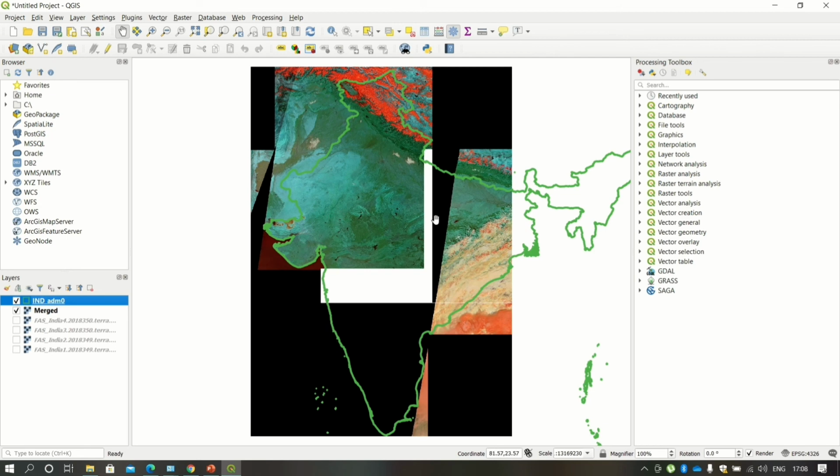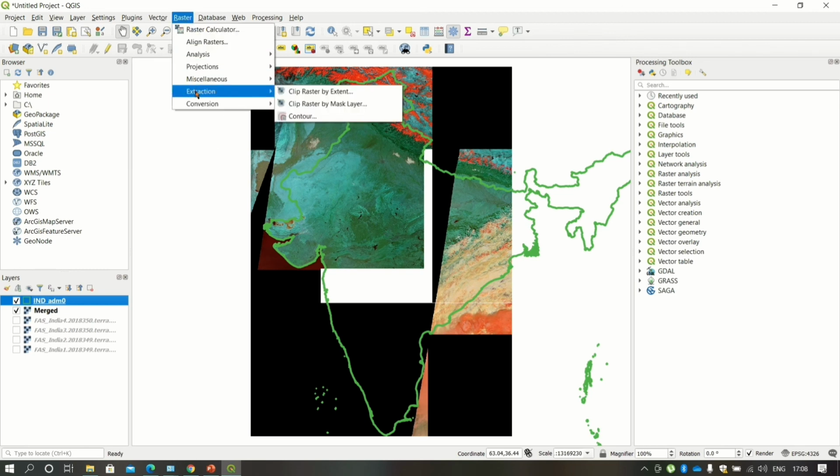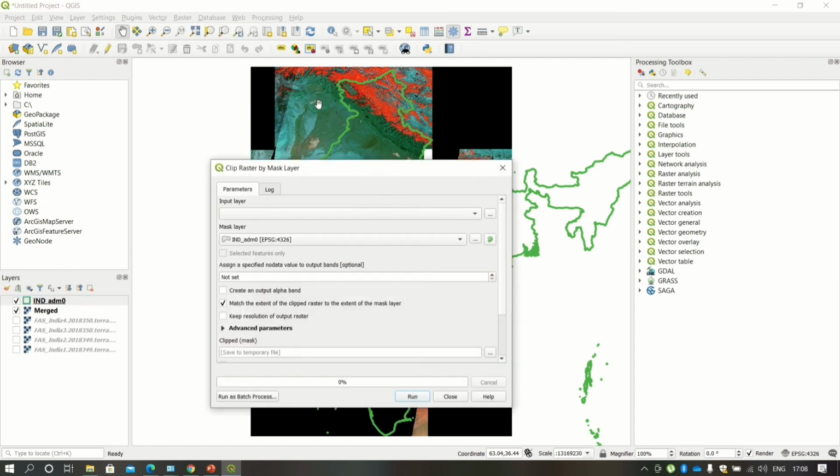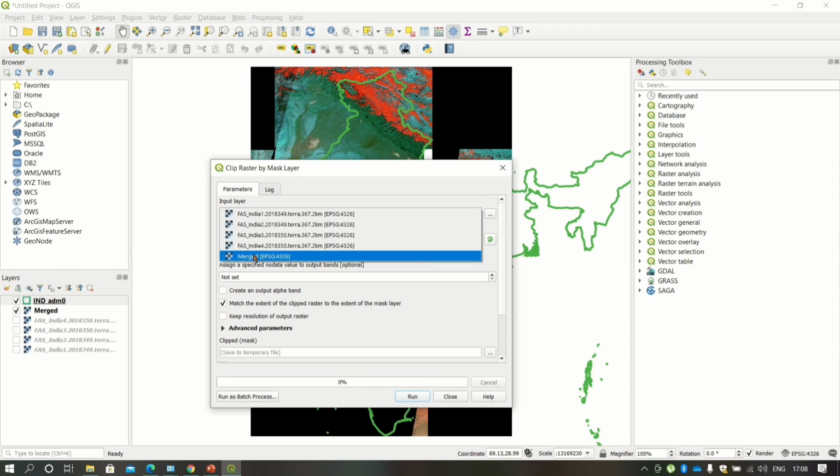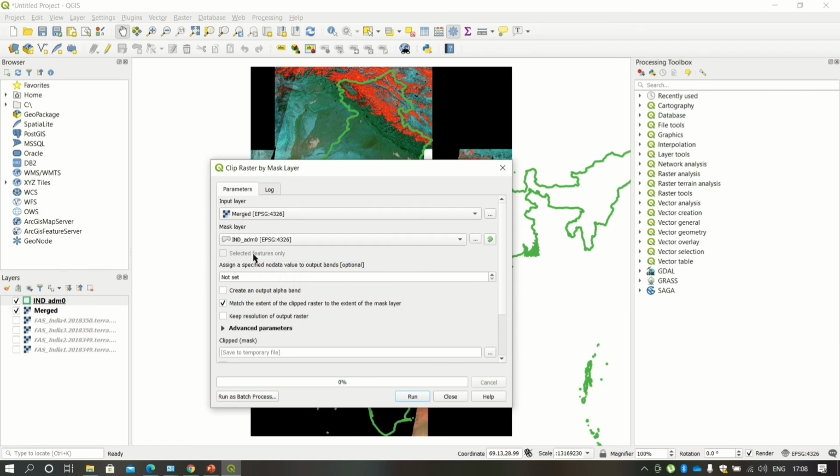Now go to the raster and from there select extraction and further select clip raster by mask layer. So you will get this dialog box wherein in input layer we'll have to select the merged layer and in mask layer we'll have to select the vector layer we have taken.